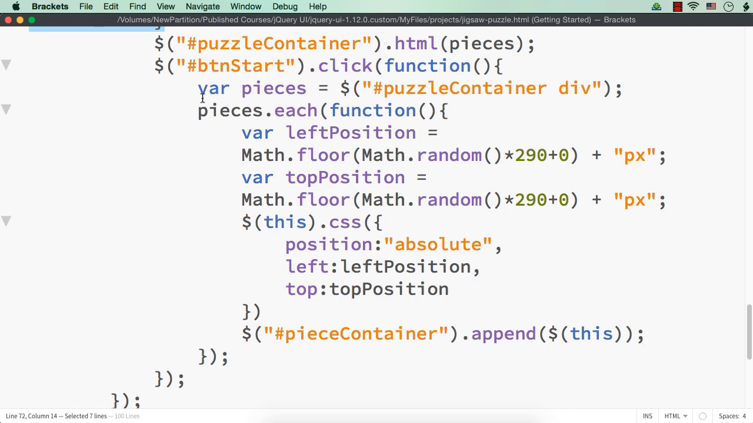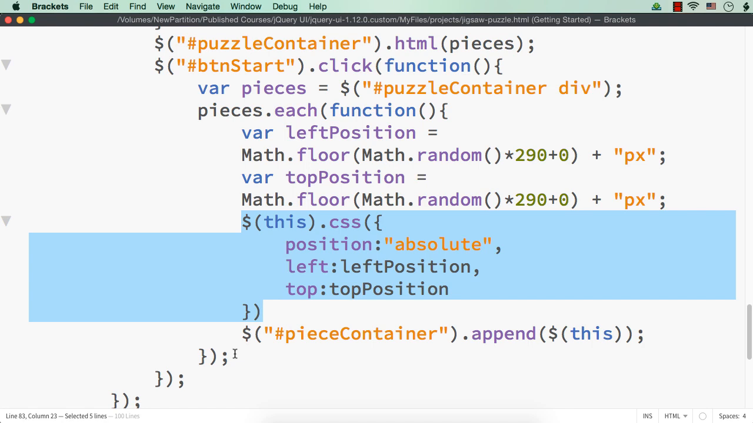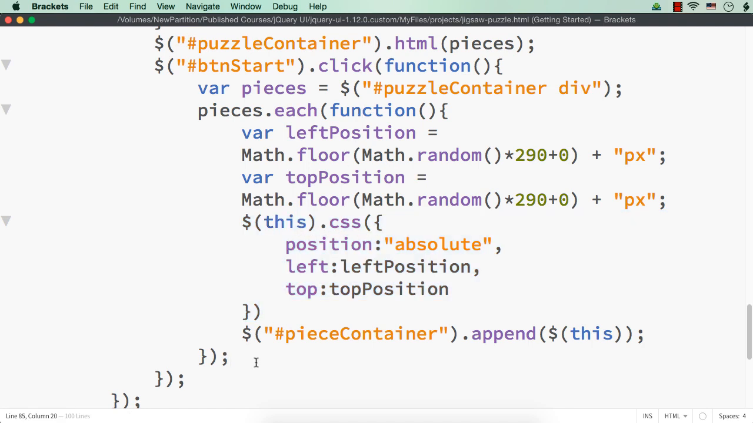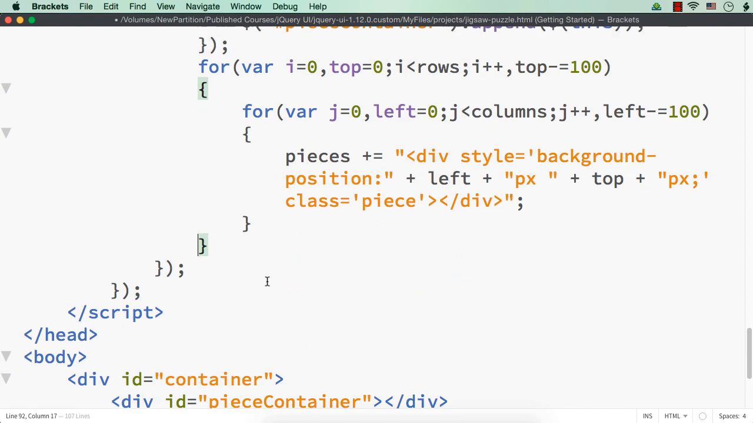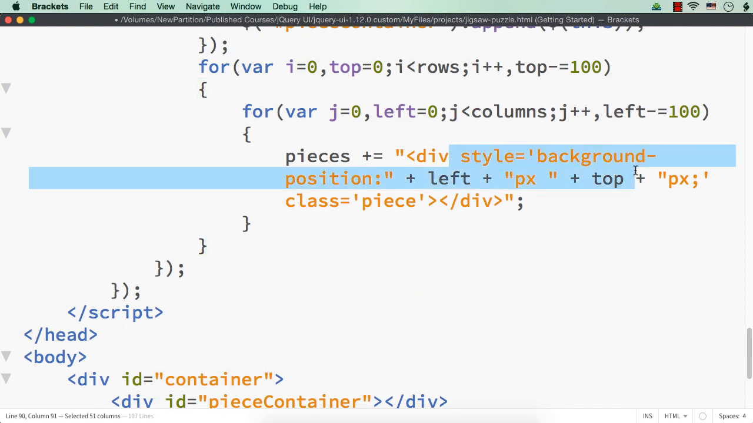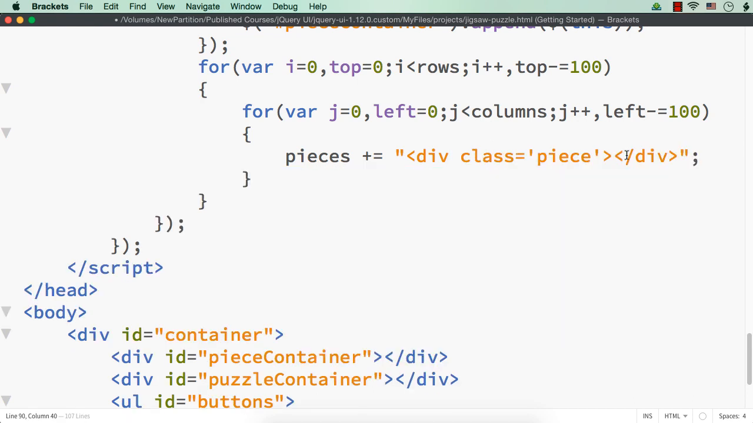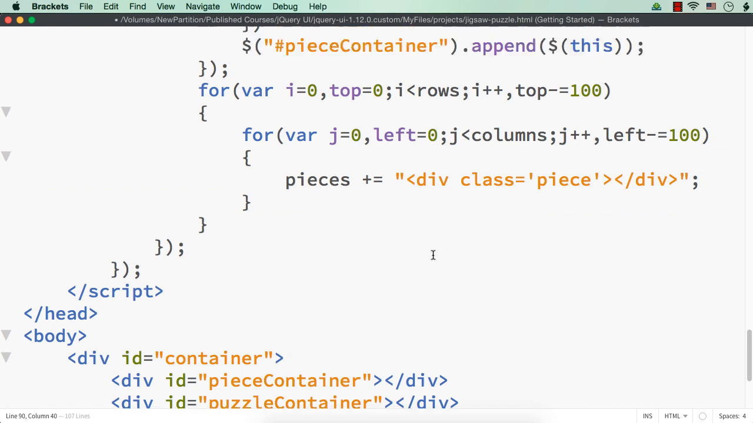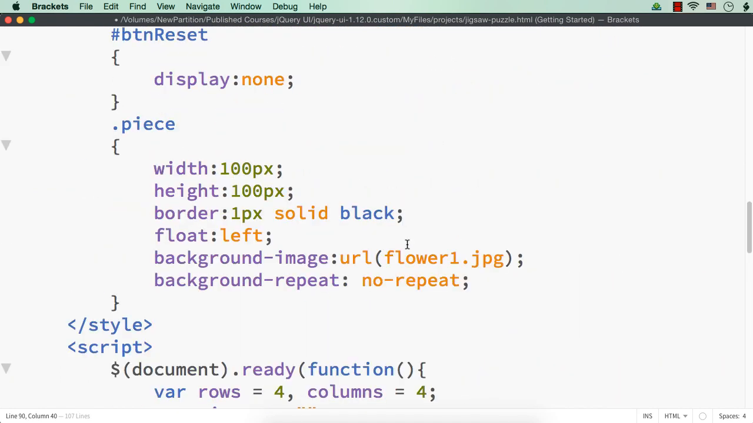And within this button click itself, we need to do that. So this closing is of this. This is of each. So after this, I can again run the loop. And here, we don't need to have any style. What we need? We just need to have the class name. So let me remove this and div class piece /div,